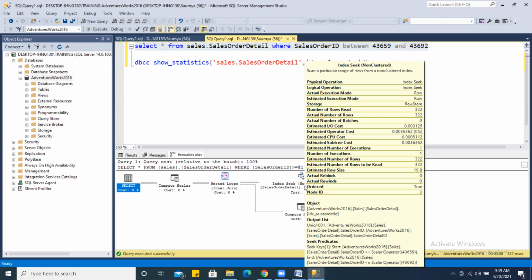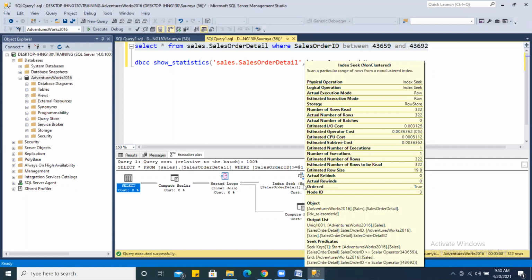Quick question, Neeraj. You're talking about the actual number of rows, right underneath the number of rows read? That's the one at the top, yeah, and then the bottom, right, the estimated number of rows. So if those two are the same, that means it's up to date. But if there's a big difference, like one is 500, the other one is like 50, that means there are outdated statistics. Yeah, that's correct.